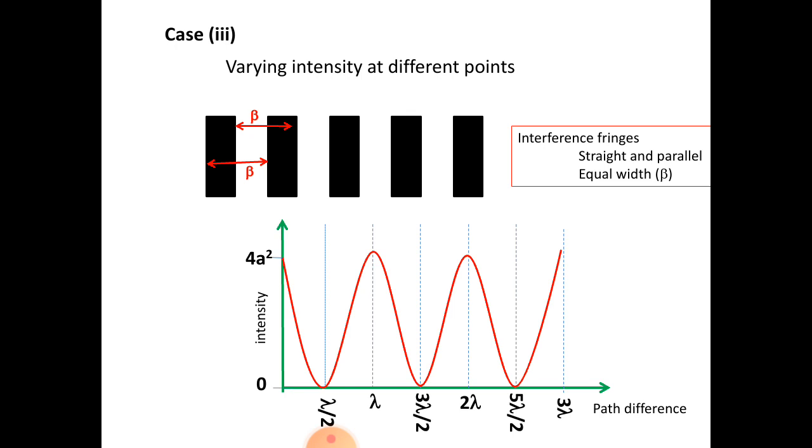Here alternate dark and bright fringes are formed on the screen, and these fringes are known as interference fringes. These fringes are straight and parallel to the slit. Then these interference fringes are of equal width. The width between two fringes is known as fringe width. It is indicated by beta. This fringe width beta is defined as the distance between any two consecutive intensity maxima or two consecutive intensity minima of the fringe system. Thank you.